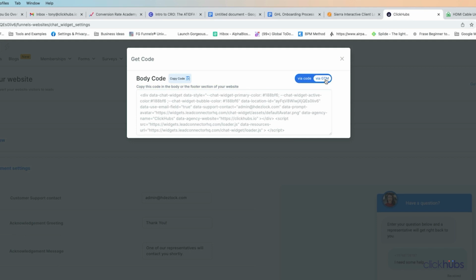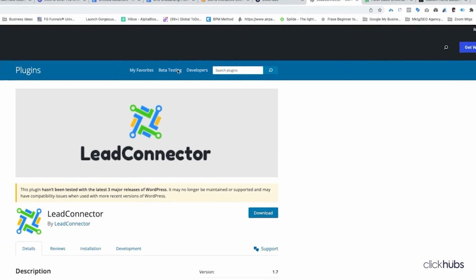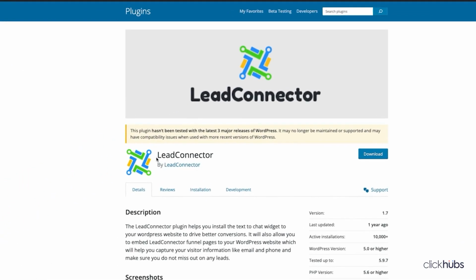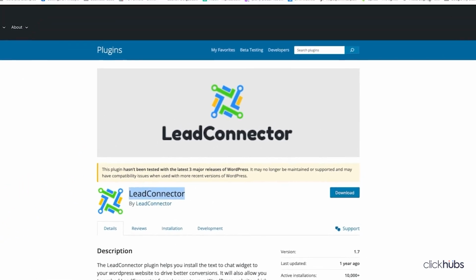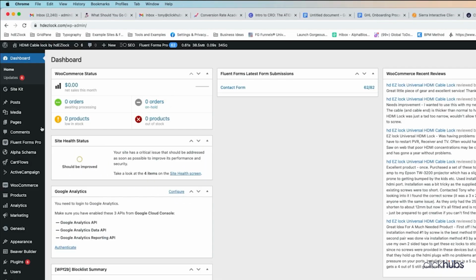Or if you're using Google Tag Manager already in your site, then you can toggle it here and it'll give you the code to enter into your Google Tag Manager, and then that will automatically be added to your site. So again, in our case, we're going to be using WordPress. So you can see it tells you which plugin to use, Lead Connector. So I'm just going to copy that, and I'm going to go into my WordPress website in the back end, and I'm going to click on plugins,